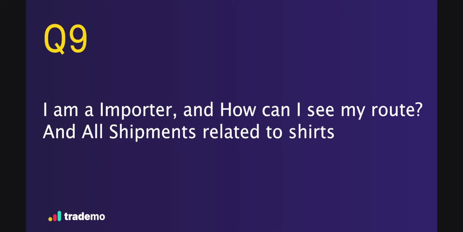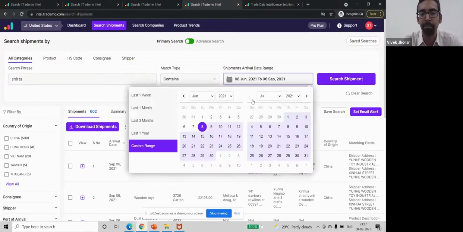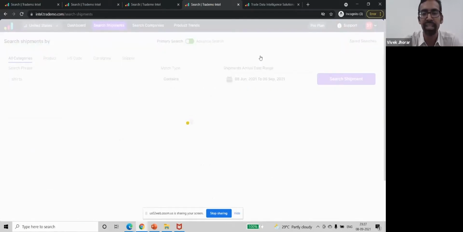Shanghai to Los Angeles. So he wants to see on this route all the shipments which are of the same quality, the same import that I do, which is shirts. Right now I'm just using a particular kind of shirts, but I'm taking the example of all the shirts here so that you see how we can find out the basic information on who all are importing shirts, which shipments, etc.